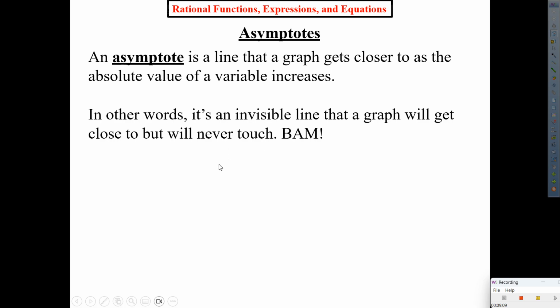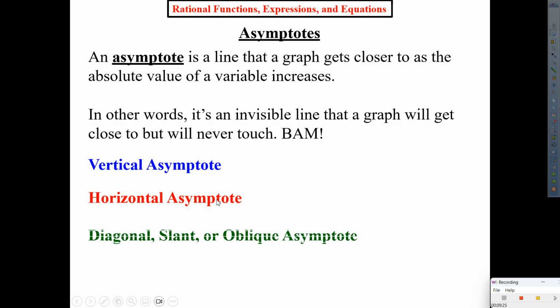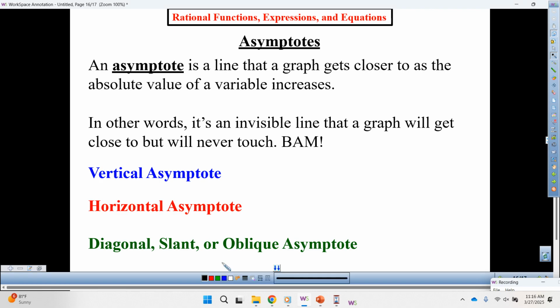There's 3 types. There's vertical, there's horizontal, and there's diagonal, slant, or oblique. For today, we're going to focus on vertical asymptote, which means it's an invisible line that goes like that. Horizontal, an invisible line that goes like that. And then the other ones, we'll get there when we get there. But for right now, we're just going to focus on those 2. So with that said,